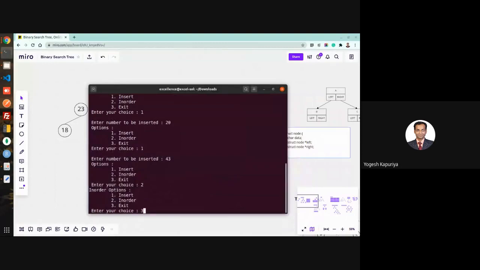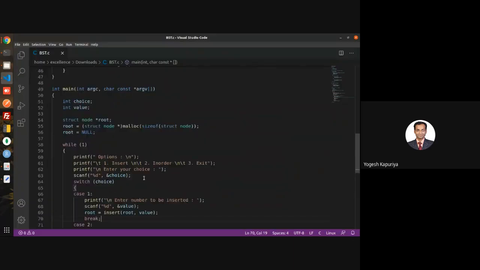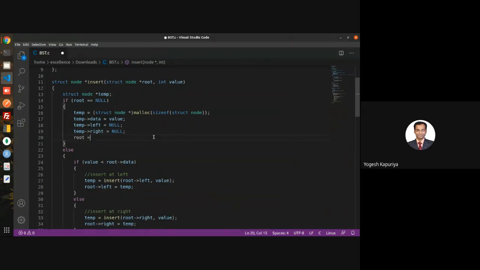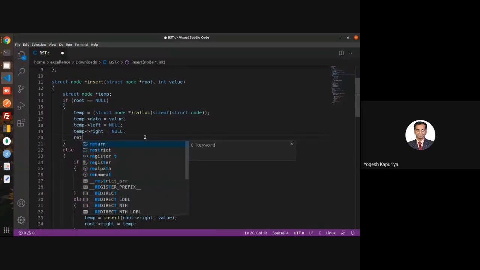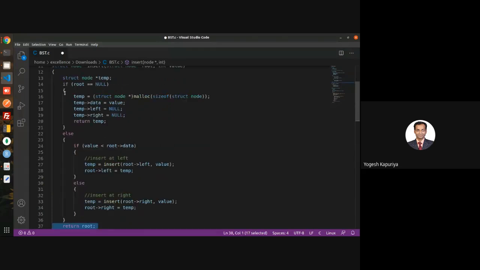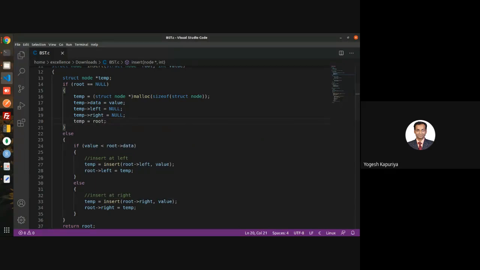So let's see this root null. We are inserting that, but I'm not updating the temp value because we have created the new node. I think it should return temp, or if I write return root after the if and else, then I can also do root equal to temp.